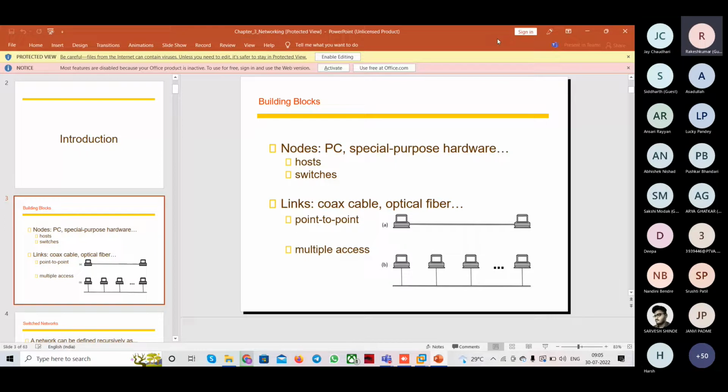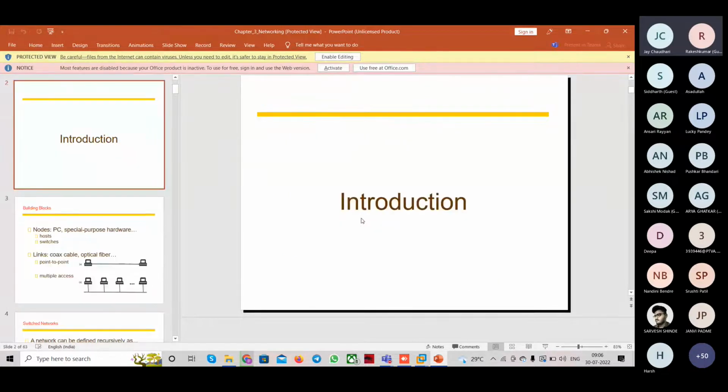Okay, but if we want to communicate with the system which is next to us, we can connect that operating system with a cable like optical fiber and coaxial cable. We can connect that system, and we can have an interaction with them. What kind of interaction? They can ping each other, or they can share files, folders, a storage device, everything they can share with each other. Okay, so इसको हम लोग पॉइंट टू पॉइंट इंटरेक्शन बोलते हैं, या फिर यहाँ पे मल्टीपल एक्सेस भी बोलते हैं।